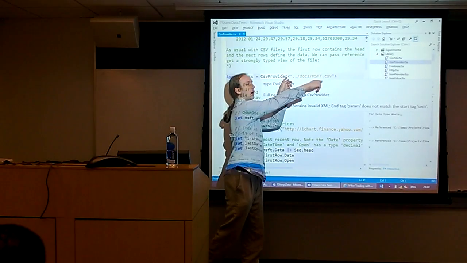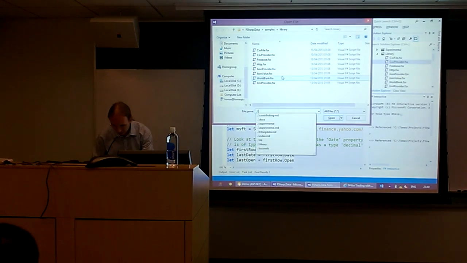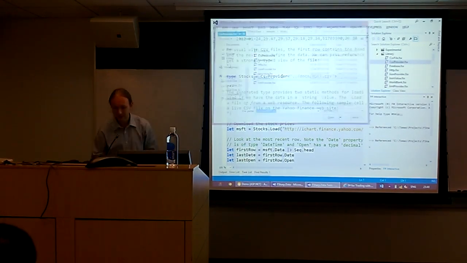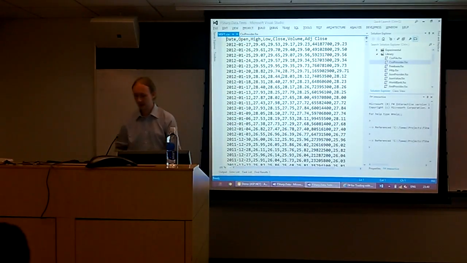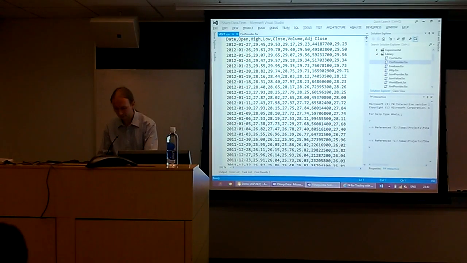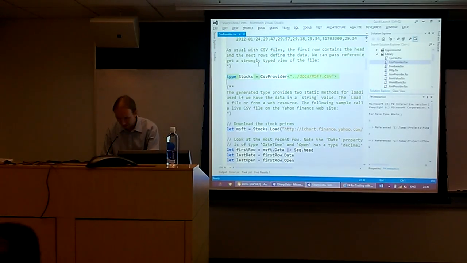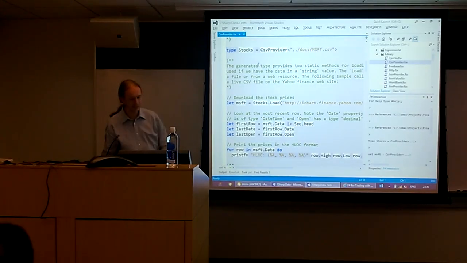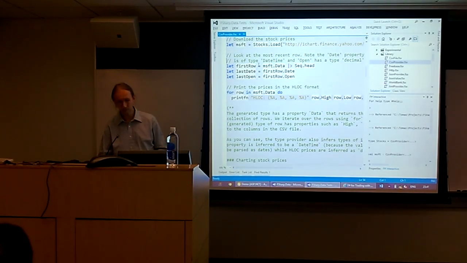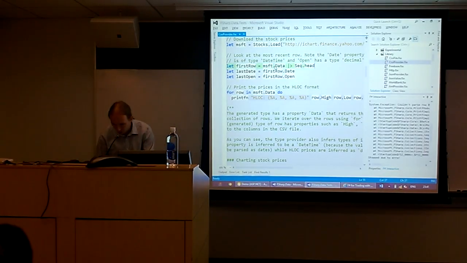So the URL or the path here is just saying, if I go over there, this is my sample CSV file, and it has these columns, and these are some sample data. So what's happening here is that it figures out what's the type of the individual items or rows in that file by looking at the sample, and when I get the first row,